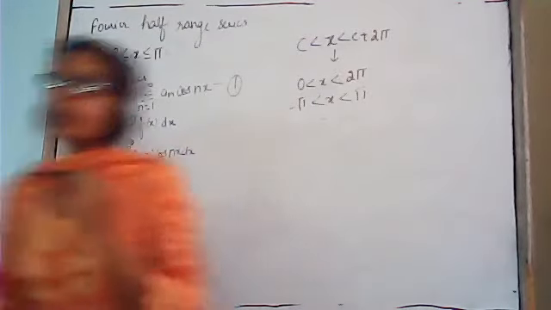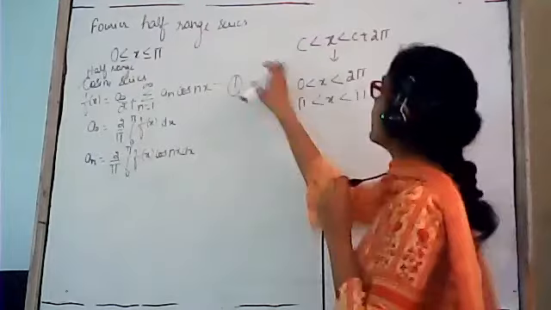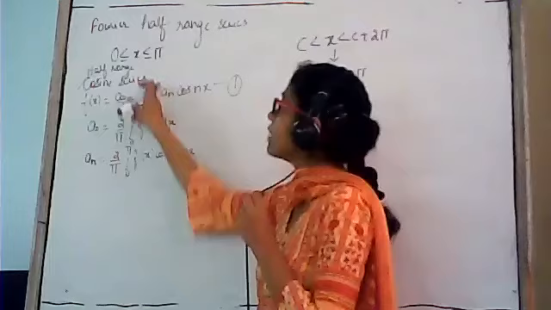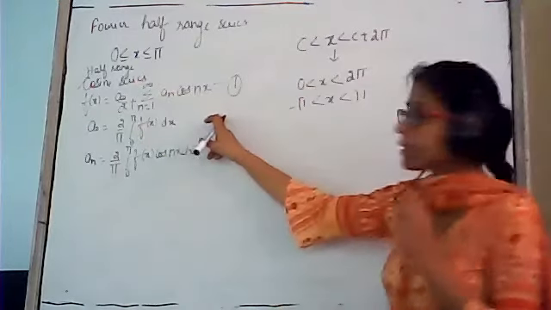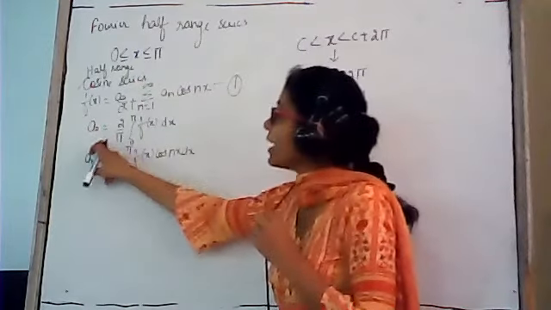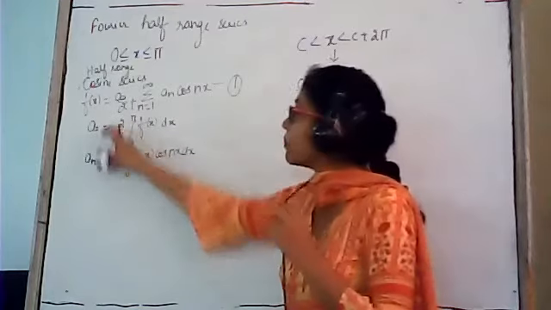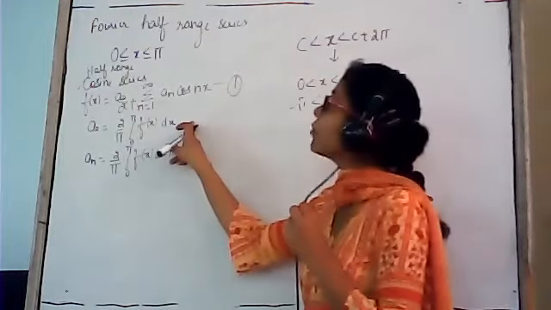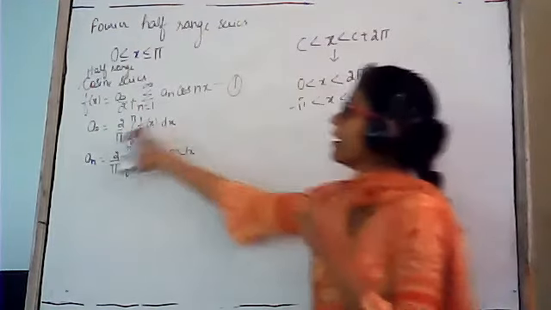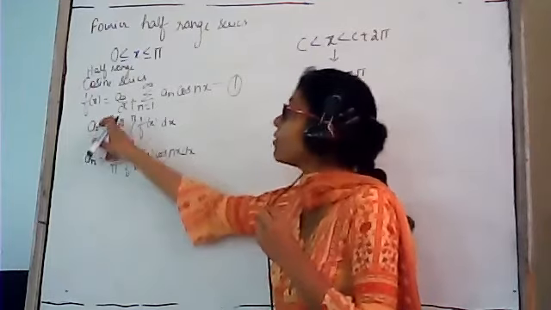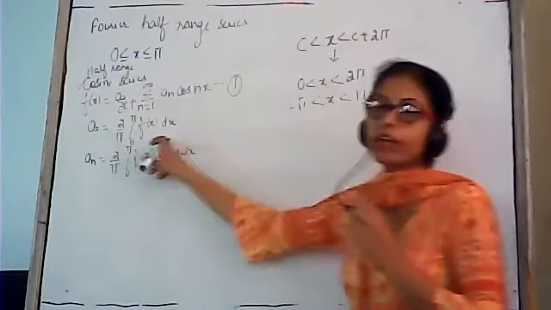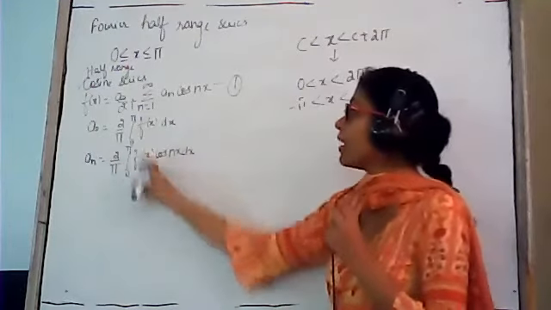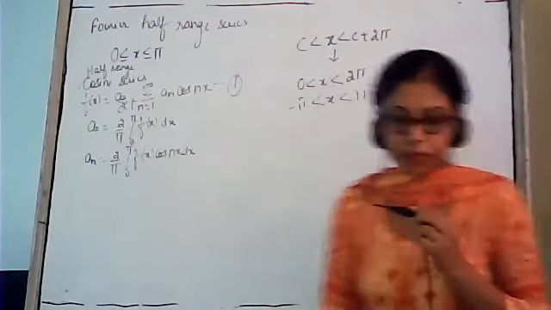Right? We had done the formula in the interval 0 to 2 pi, that is f(x) is equal to a naught by 2 plus summation n varies from 1 to infinity a_n cos nx. In that case, we had a naught as 1 by pi, integral 0 to 2 pi f(x) dx. But now we are on the Fourier half range cosine series. In this case, the value of a naught will be 2 by pi, integral 0 to pi f(x) dx, and the value of a_n will be 2 by pi, integral 0 to pi f(x) cos of nx dx.